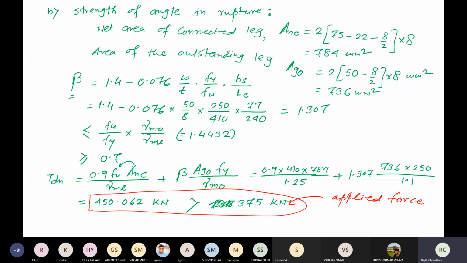During the failure due to the yielding, and now failure due to the rupture, again it is being satisfied. So two cases are satisfied. I am hoping that the next case also will be satisfied. And every time, whenever this kind of design problem comes into the picture, you have to satisfy all the design requirements that are already postulated in the code. So let us go with the third one.